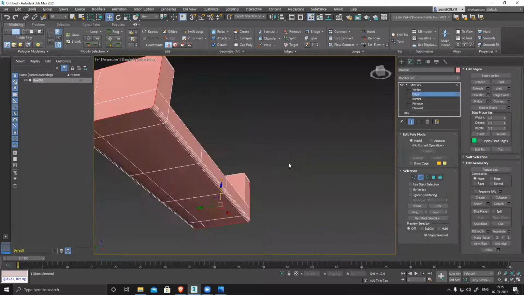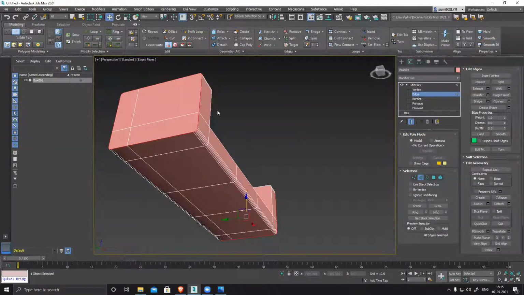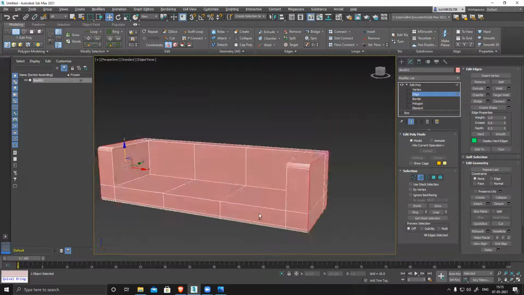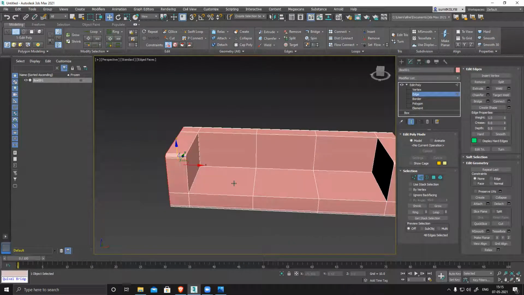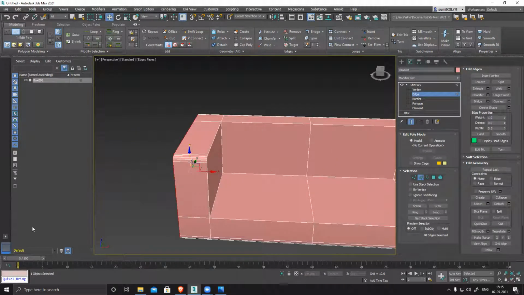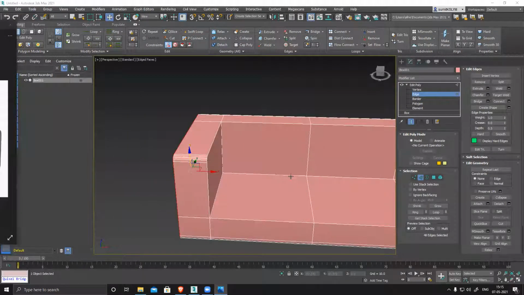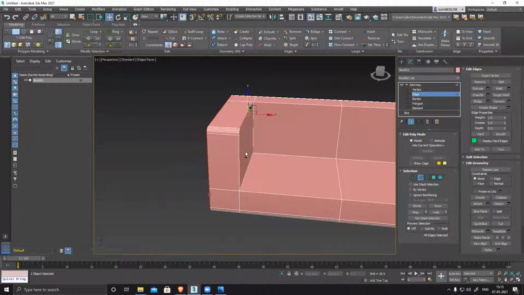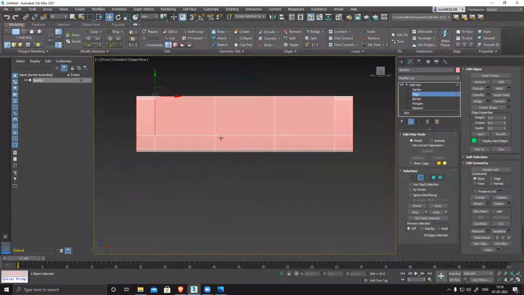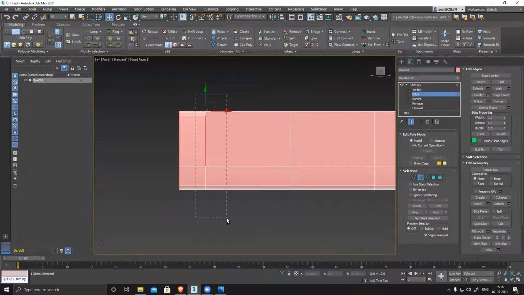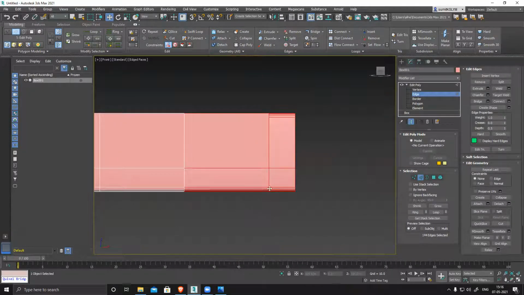Now you can see only this squarish border is selected, both the side. And where is my reference? I switch to vaccine. Both the side, and plus I need to select this. Okay, this also I need to select front, control, alt deselect, alt deselect, control, alt deselect, alt deselect.